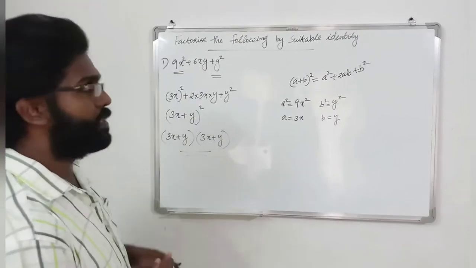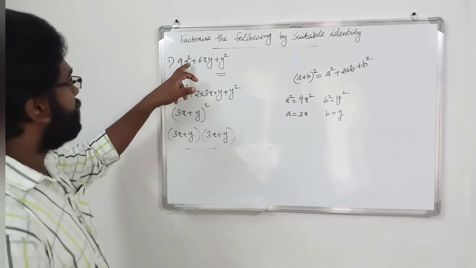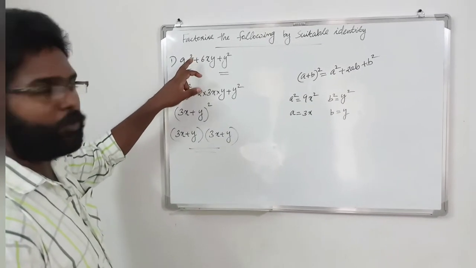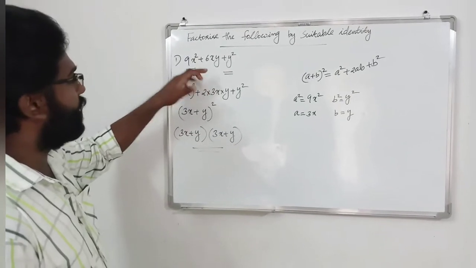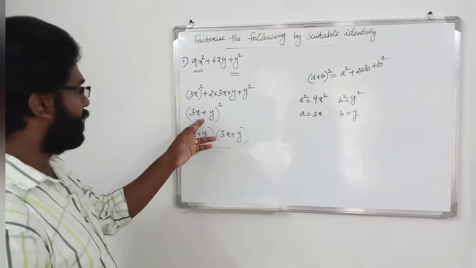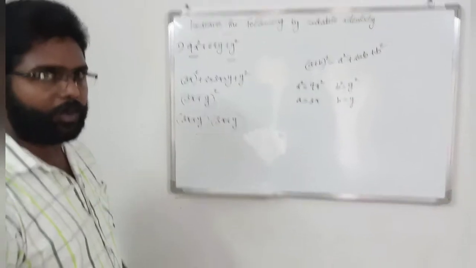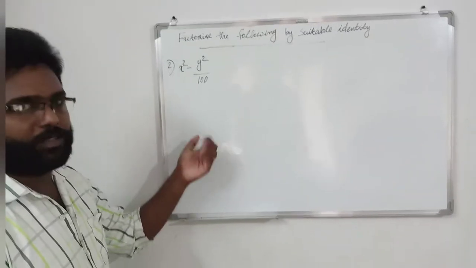This is for factorization. I already told you, factorize means reduce the power. This is a square here, degree 2. Reduce the degree. So our answer must be linear. If you stop here, this is also second degree, but here it is first degree. Okay, next question.